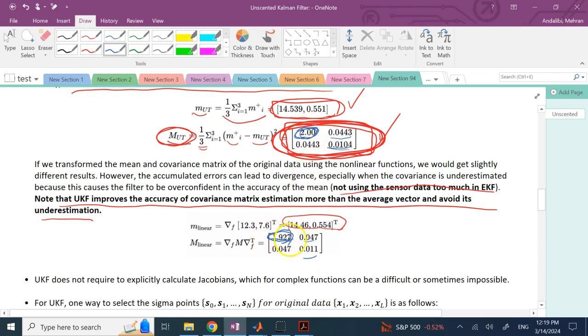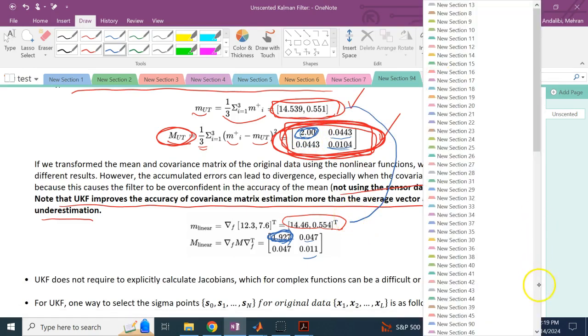And that is one of the problems we had: EKF will underestimate the covariance, and with UKF you see that typically it doesn't. But the averages are very close, and one of the reasons for that is if you